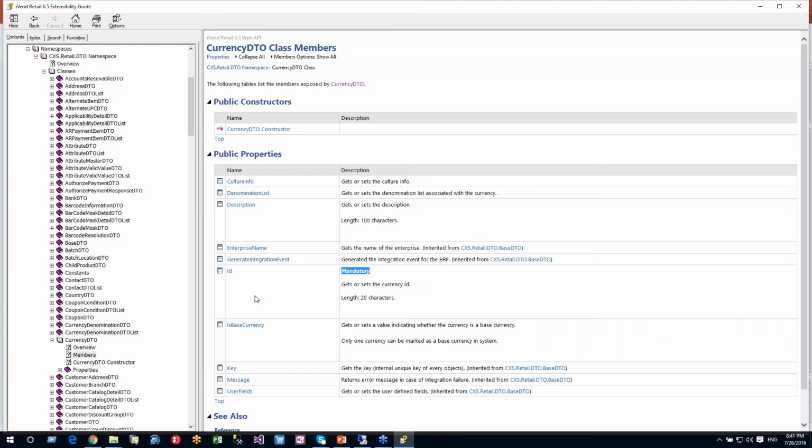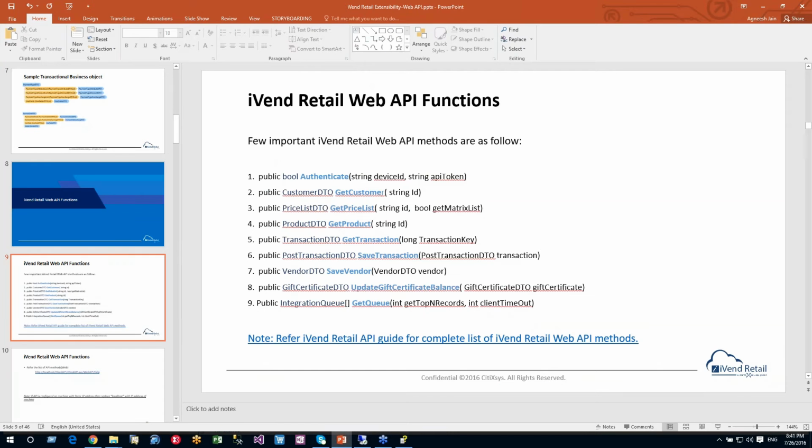My colleague Priya will help you understand how you can test the API functions before you use them in your programming code or while doing integrations. She'll also explain how you can make a REST or SOAP based call to iVend APIs. Additionally, she'll explain how we can write a small Windows service which can keep polling the iVend APIs to fetch or save data back into iVend. Going forward in the webinar now,